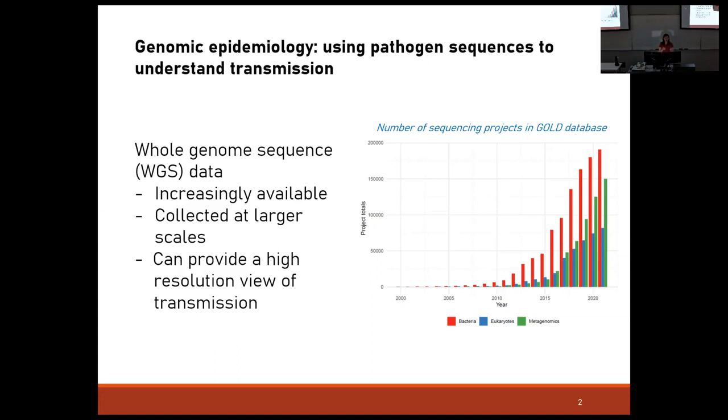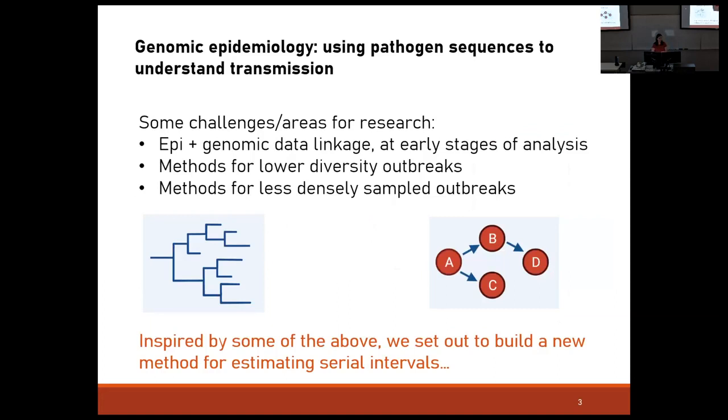And I guess along with that, the data is also being collected at larger scales. So we've all seen that for COVID, population genomic sequencing of PCR tests when people get a test for COVID. So how can we utilize that growing base of data, I suppose, is the question. Before we begin with the new stuff that I've been working on, I highlighted a couple of what I see as particular areas for research or challenges with genomic epi that we particularly try to focus on in this project.